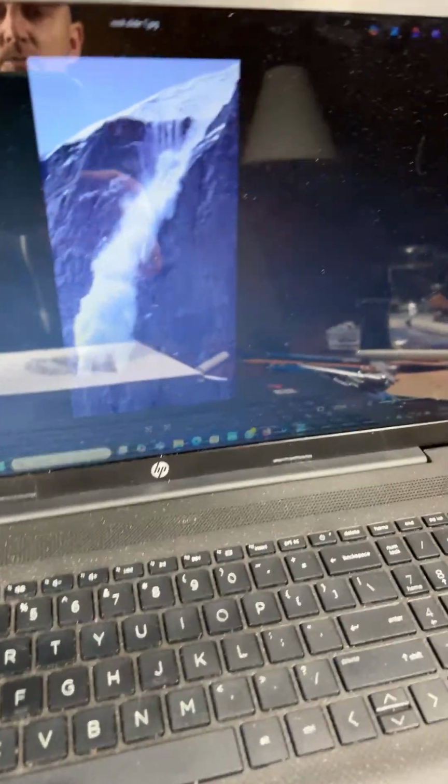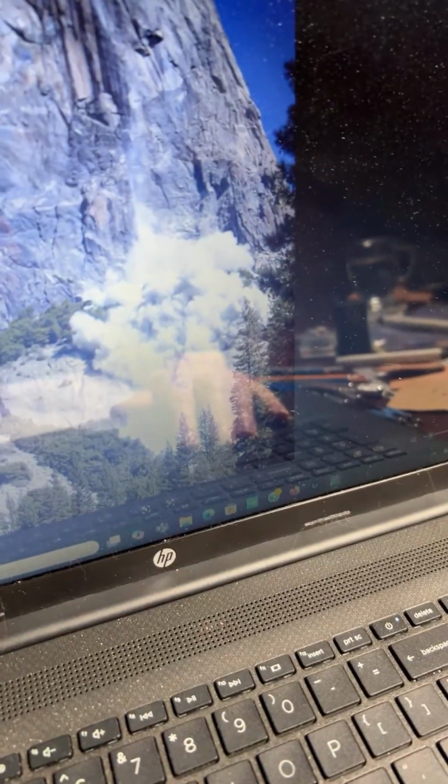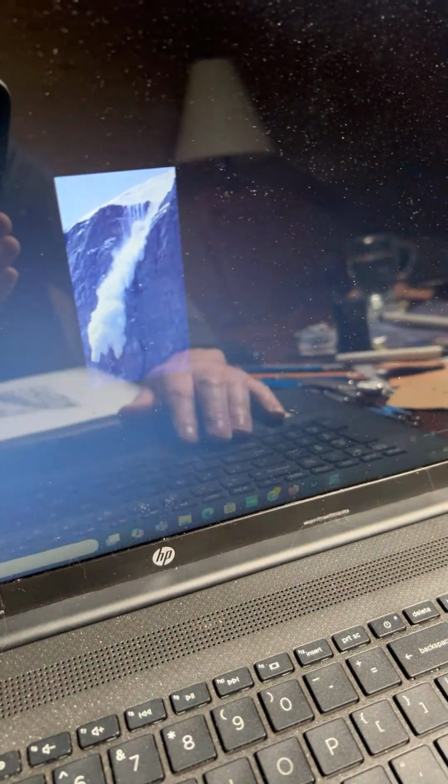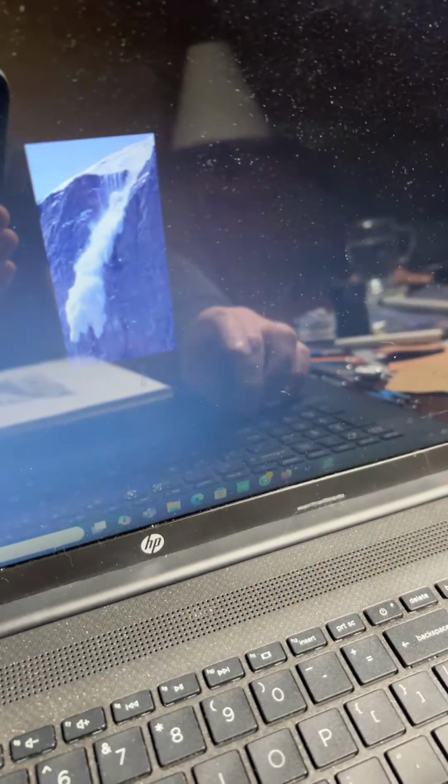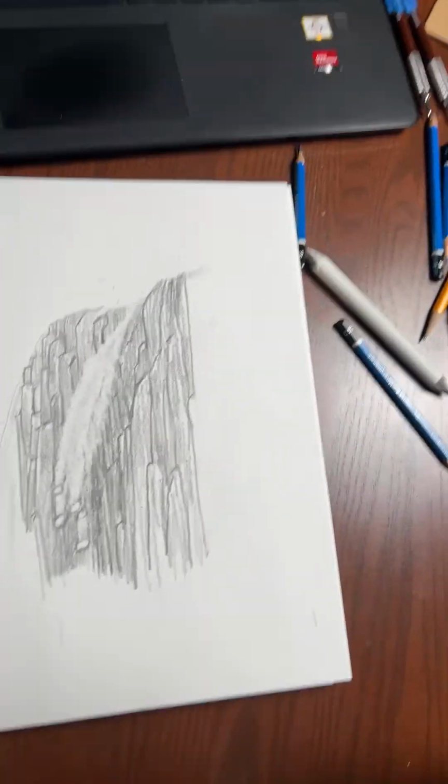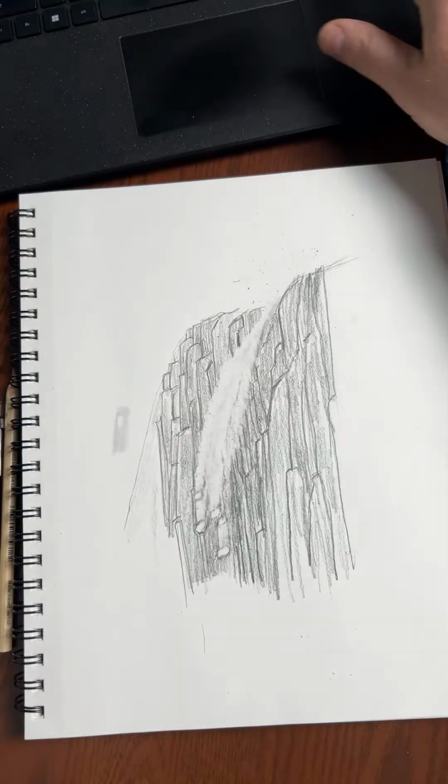So somebody wanted me to try to draw a rock slide and show the movement in that. So this is the main one I'm focusing on. You can see there's rocks. These are just Google images I found. There's rocks falling off the cliff. And so it definitely does look a lot like a waterfall. But